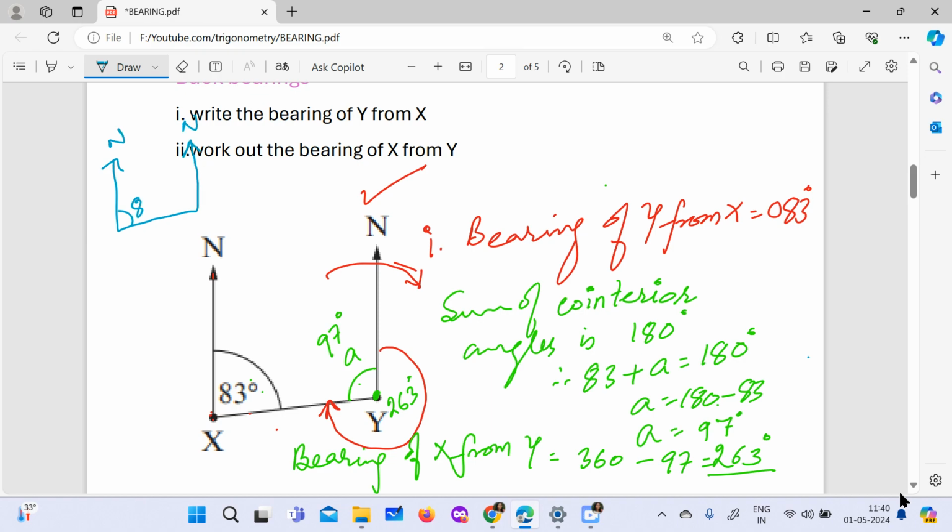This is 83 degrees. Here you have x, here you have y. Now another method is, you can do it like this. Now this is 83 degree. This is 83 degree, we all know. And we know that this is 180 degree, right? 180 degree. So we can also say that bearing of